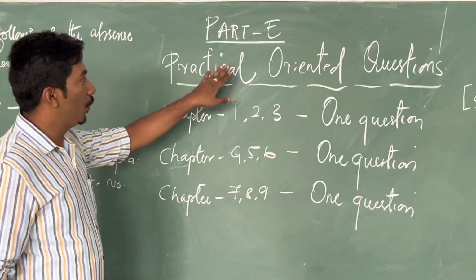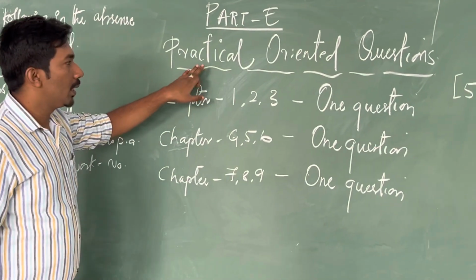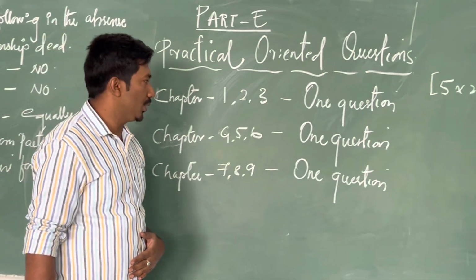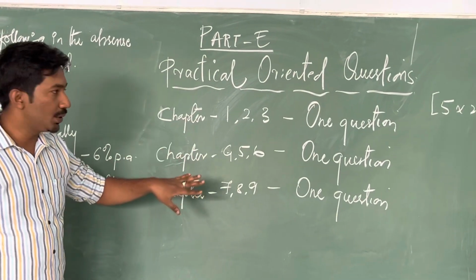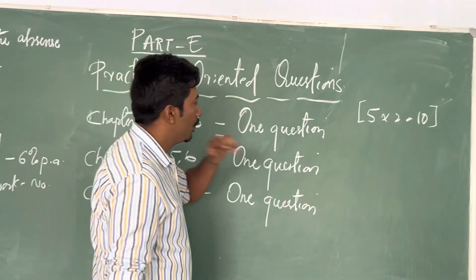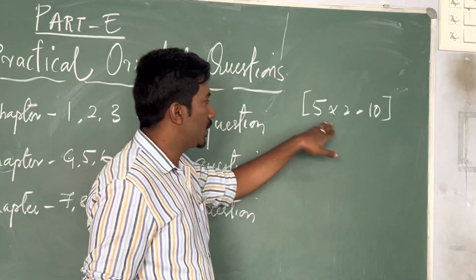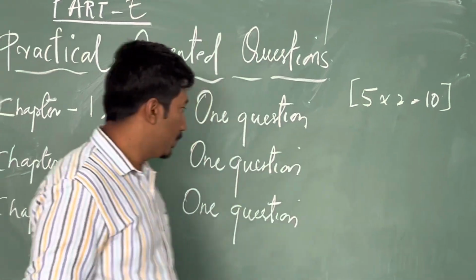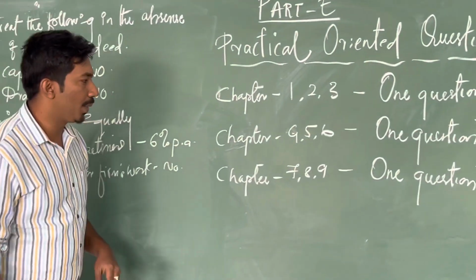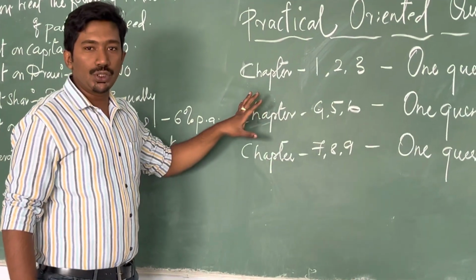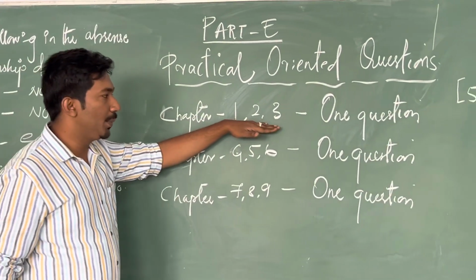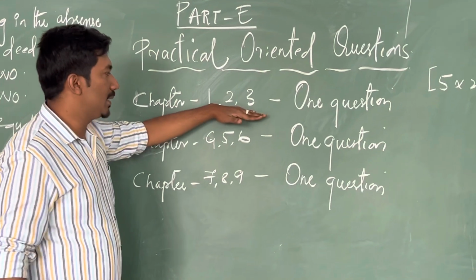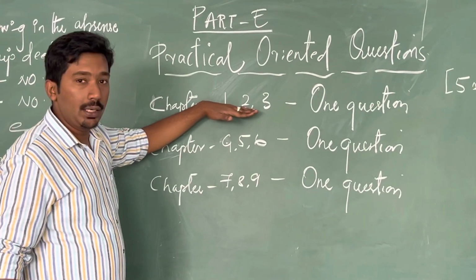Okay guys, so now we will discuss part E, that is practical oriented type questions. As per the blueprint, the practical oriented type questions will fetch 10 marks, that is 5 into 2. So there will be 3 questions in the question paper and most of the questions will come from these chapters. First question, there will be one question from among these 3 chapters, that is chapter 1, chapter 2